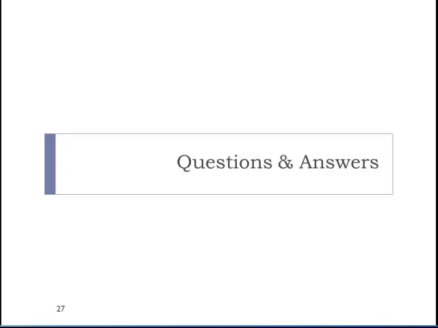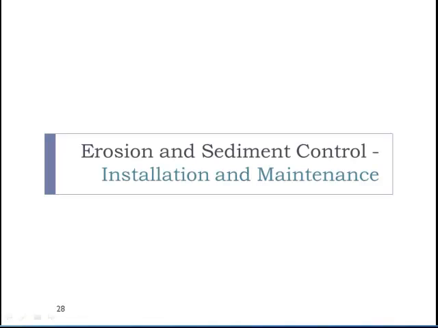All right, let's turn it over to Eric to talk about the erosion and sediment control issues in the permit. Thanks, John. So the next area, as John mentioned, is the erosion and sediment control requirements, and this is a major chunk of the permit where we have implemented many of the C&D rule requirements that Greg mentioned earlier. And in this section, we're really highlighting some of the major new requirements, so you'll want to go through and read the permit to get the details about all of these requirements.